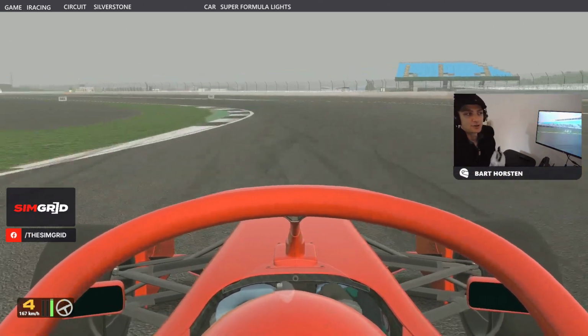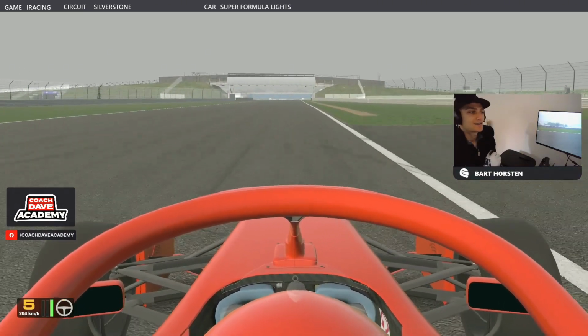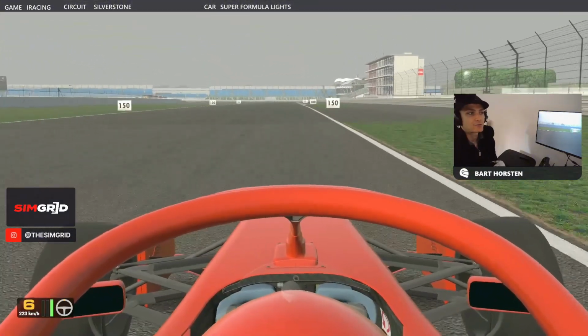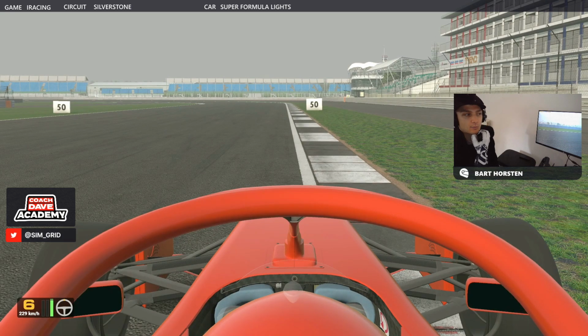Turn 5, Aim Tree, not a corner in this car. Be smooth. Again, don't get a silly off track on the inside. Leave the car on the right-hand side of the straight now into Brooklands. Try to use a bit of this entry curb here to open up the corner as much as possible. This is probably one of the only cars I've driven where